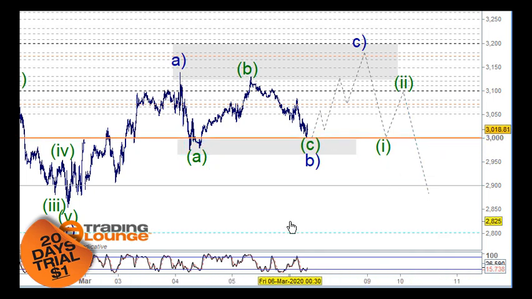So yeah, look, anyway, this is the other count, and it's also viable because the other thing too here is we only ended up going to the 50% retracement level, not the 61.8% retracement level. And secondly, wave C here doesn't have any equality with wave A here. So there's still a problem